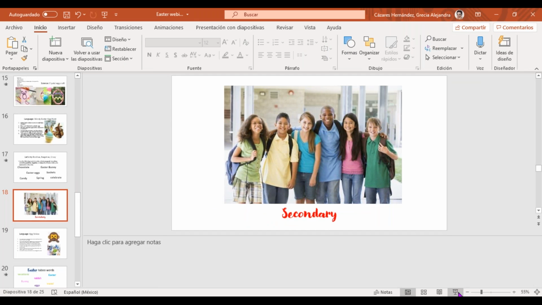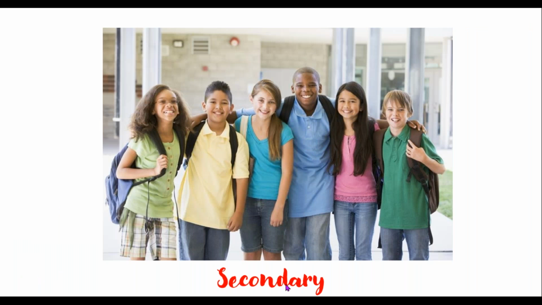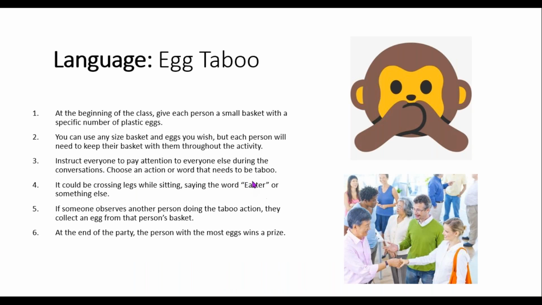Okay. So now we're done with elementary. Now we're gonna go over secondary activities. The first one is similar to the Easter hunt, but this is an egg taboo. I don't know if you have ever played taboo. Taboo is a board game where you need to describe a word without actually saying a word or